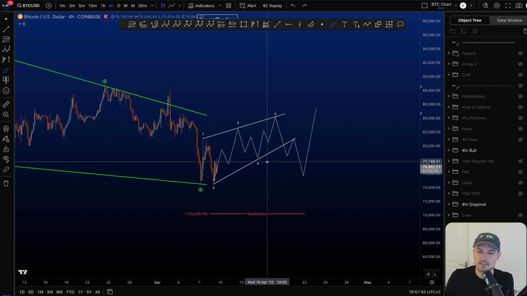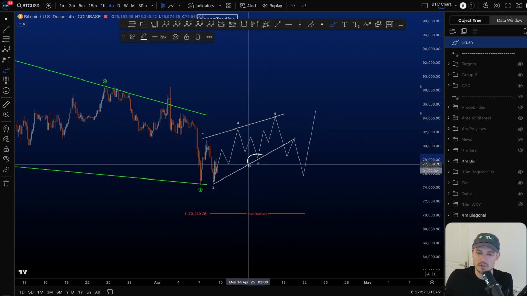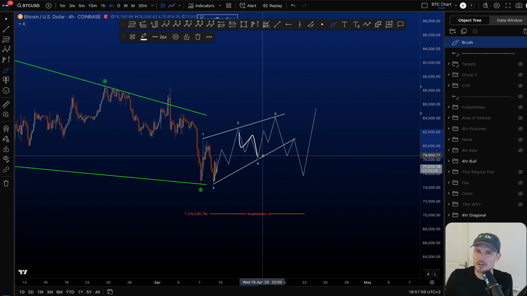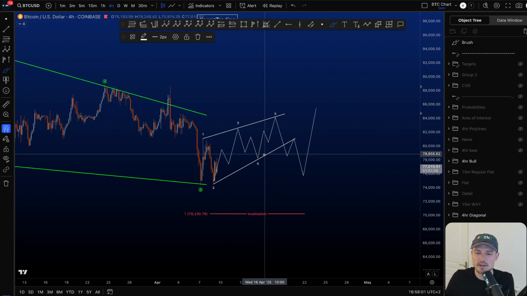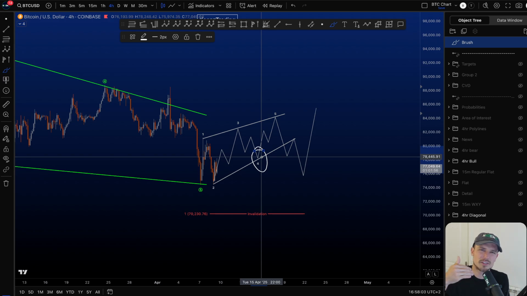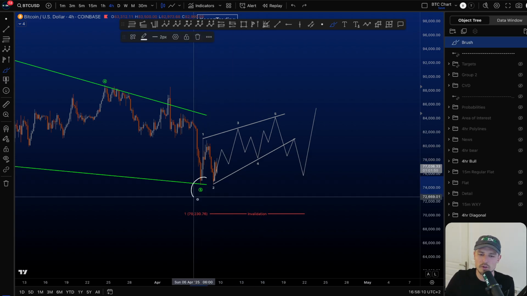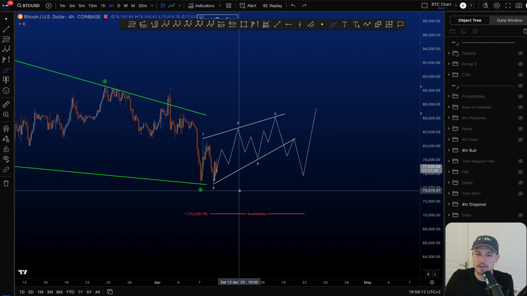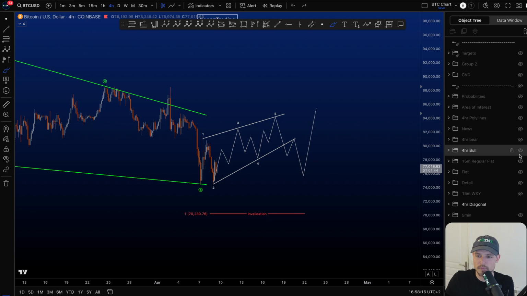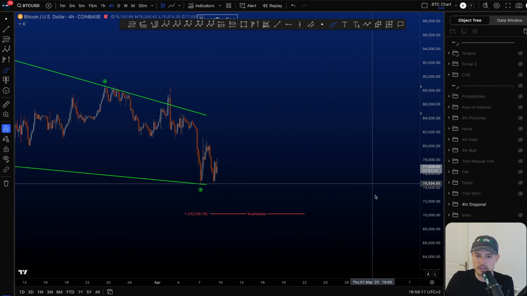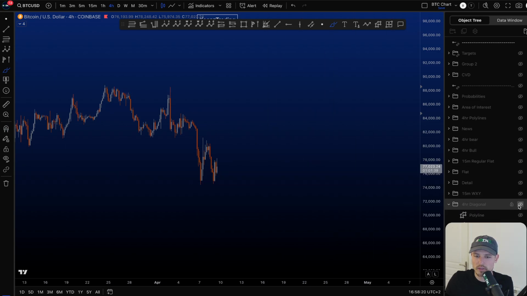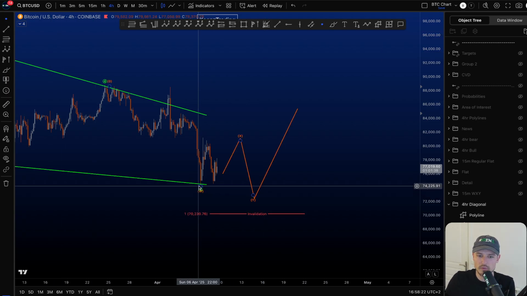So once we have our 3 and we move down in 4 and we kind of confirm a 3-wave corrective structure to the downside, that's the moment where we can really start talking about the potential for the bulls to move price to the upside and look for a finished structure here, right? But at the moment, the probabilities aren't too great. So therefore, it makes more sense to extend your wave 5,